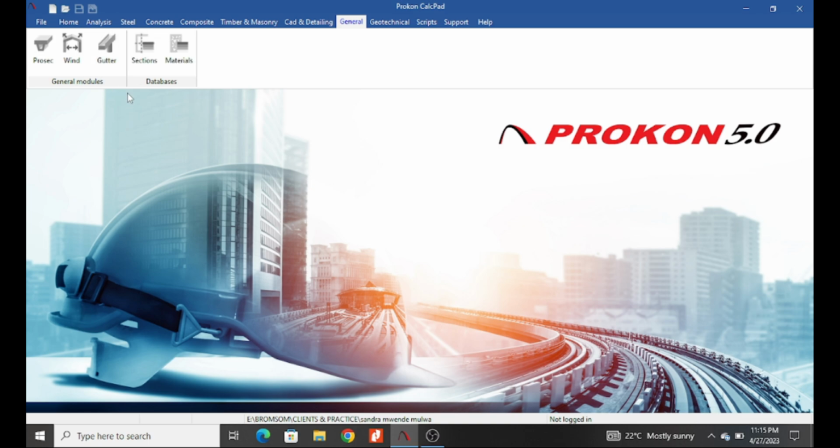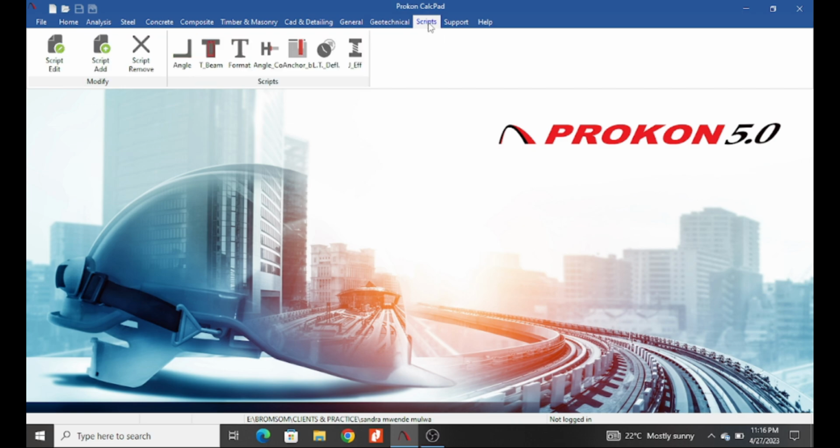So you can actually input your sections, although Procon has some other sections in it already. You could also design geotechnical elements, including slopes and rocks and piles. Remember, we also looked at piles in concrete. You could also design piles using this software. And then, of course, you have scripts of all these elements mentioned here, including angles and anchors and all that.